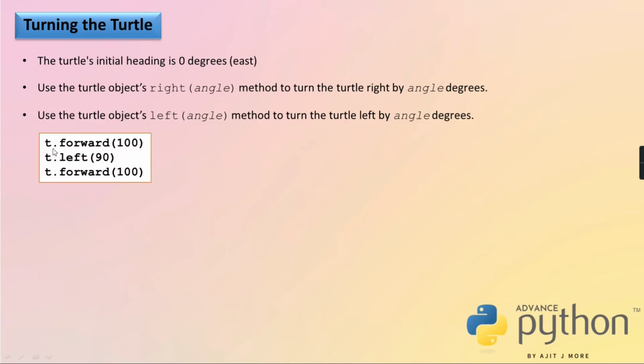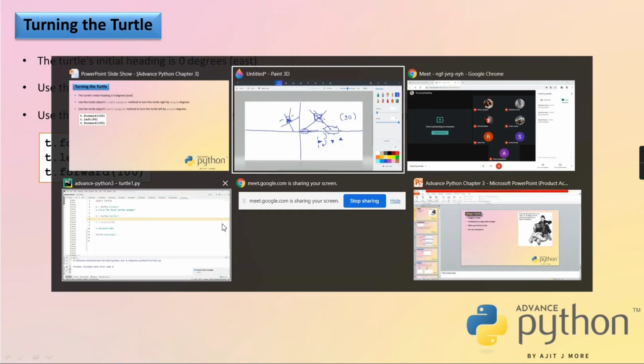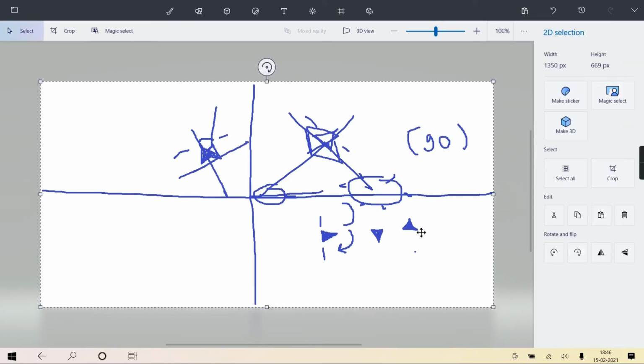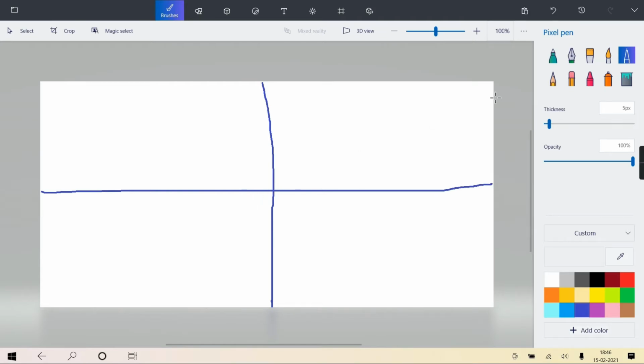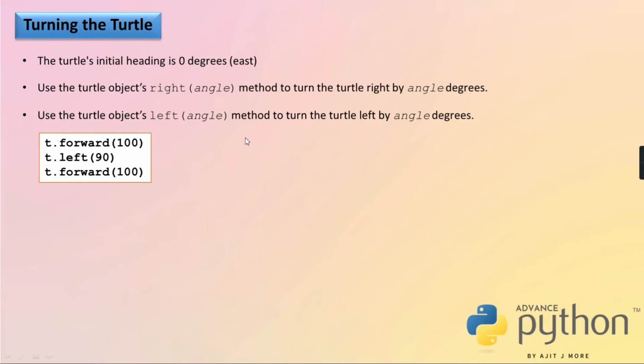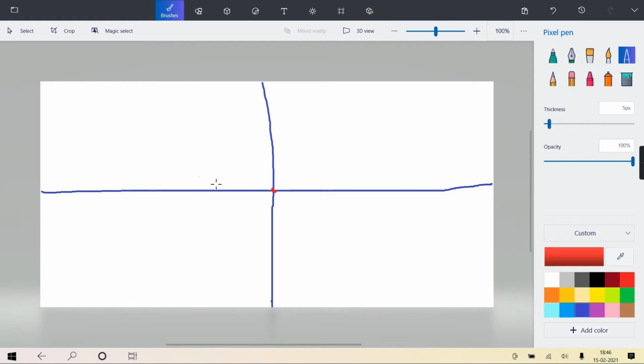As an example, suppose T dot forward 100. So initially where was your turtle? At the center, facing east side 0 degree. Now I have written forward 100. So it will come 100 units ahead.